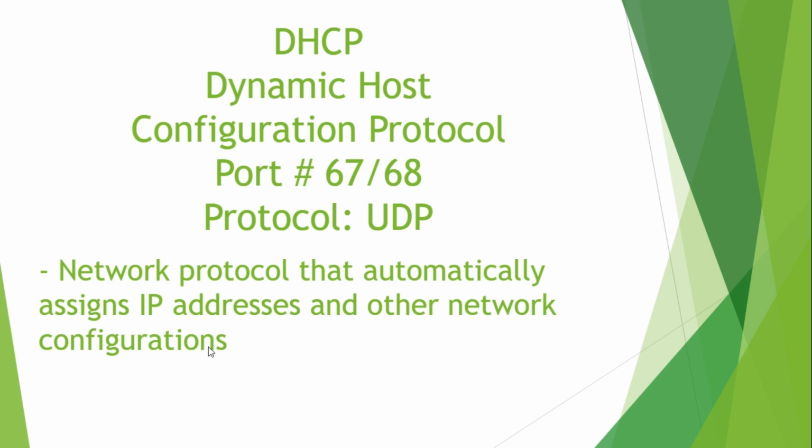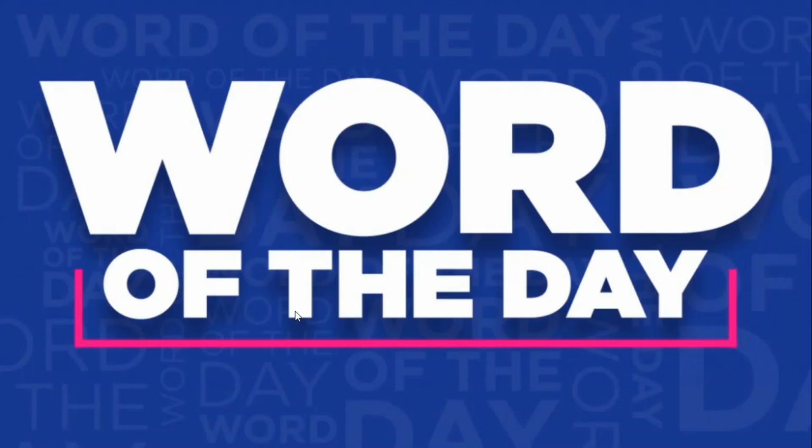It's like all day he's just putting in IP addresses on this computer, when you can get something like a DHCP server where you can configure the DHCP server and say, hey, just use these IP addresses, and any computer that asks for one, just give them one. Okay, so that's what it does. It automatically assigns an IP address. That way you can get on the network and communicate with your computer buddies on the network. Okay, network protocol that automatically assigns IP addresses and other network configurations. Which brings us to word of the